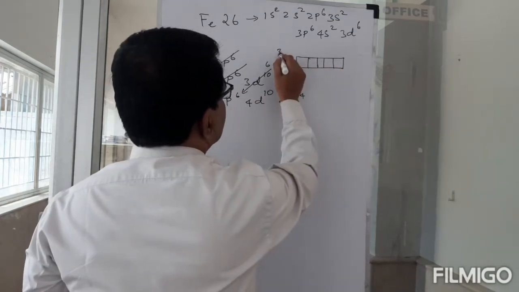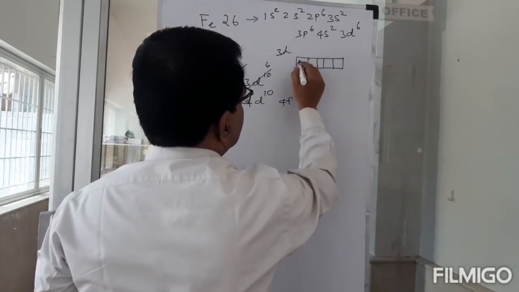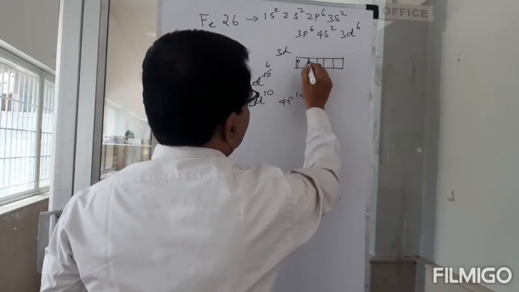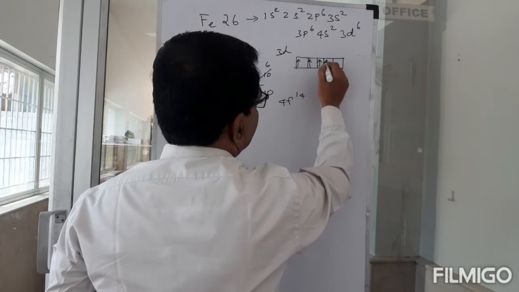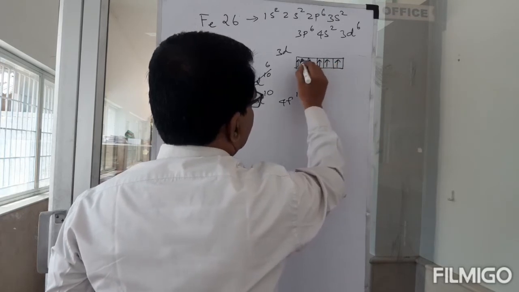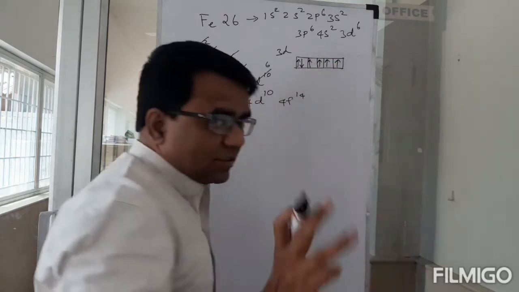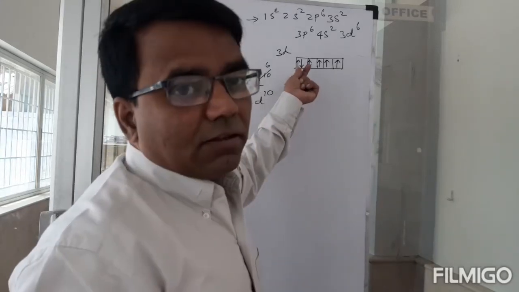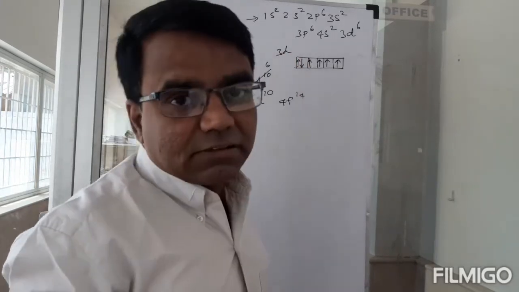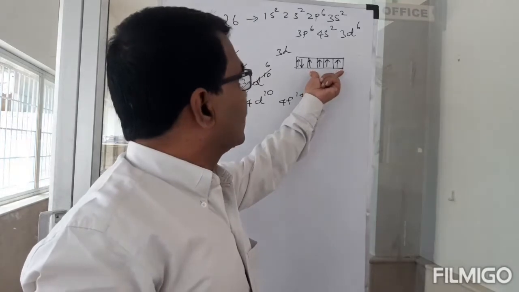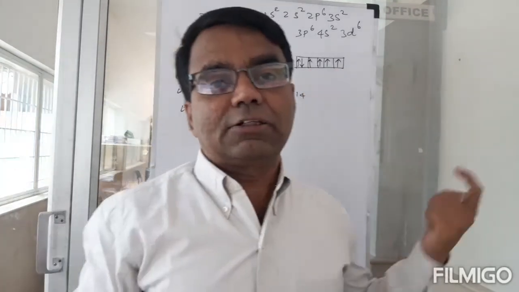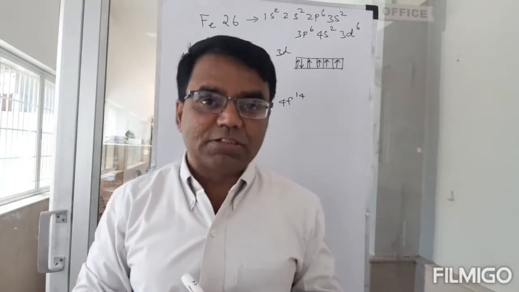So this is a 3d orbital, 3d6. So I have 1, 2, 3, 4, 5, and then 6. You notice that there is only one pair of electrons in the 3d orbital, and there are 4 unpaired electrons in the 3d orbital for iron,